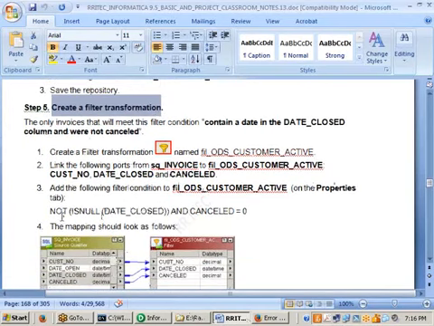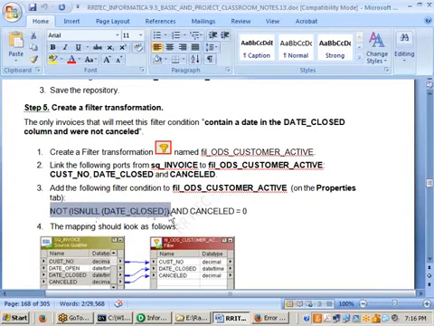What am I validating here? Not of, is null of, date closed. The date closed should not be null. That's the meaning of not of, is null of, date closed. This is true. And cancelled is equal to what, sir? Cancelled is equal to 0. That cancelled is equal to 0 means this is also true. Both are true, then only I can say this is an active customer, if the date closed is not null and cancelled is